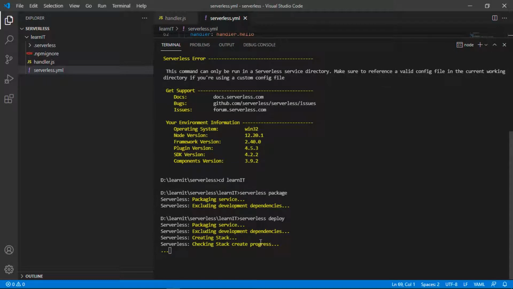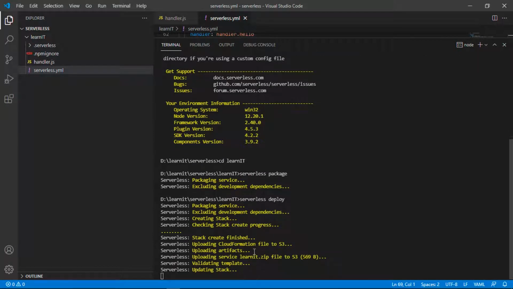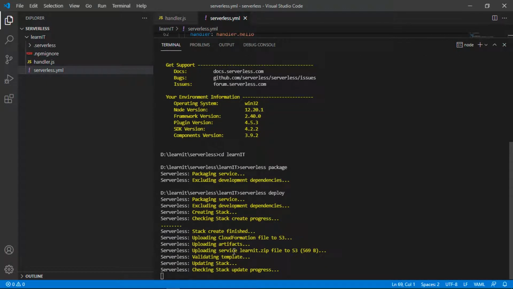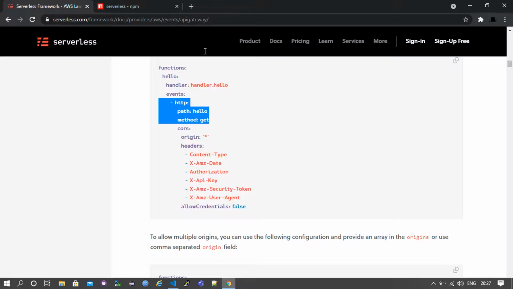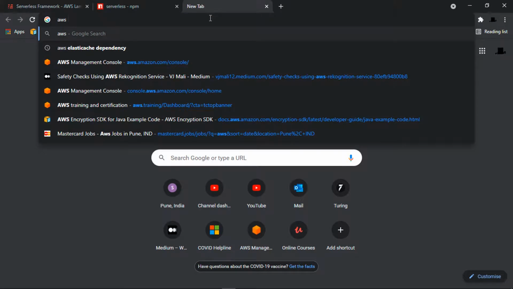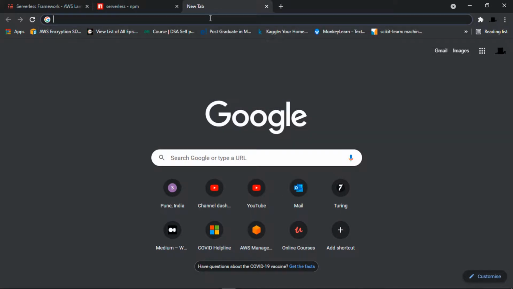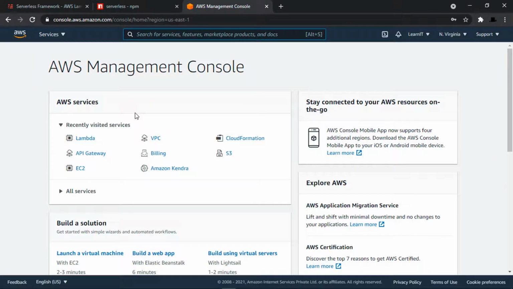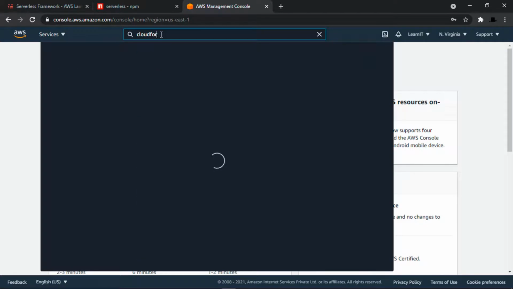It is in progress. So you can see it is uploading the CloudFormation file to S3, uploading artifacts to S3 first, and then deploying. Now let's go to AWS console and try to see what is happening on the AWS CloudFormation. Now let's go to AWS CloudFormation service.